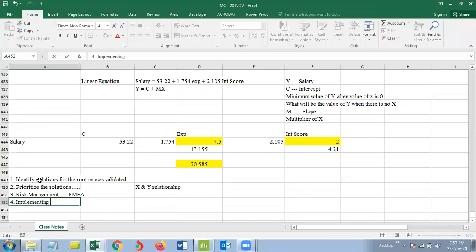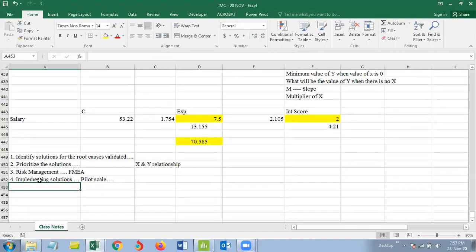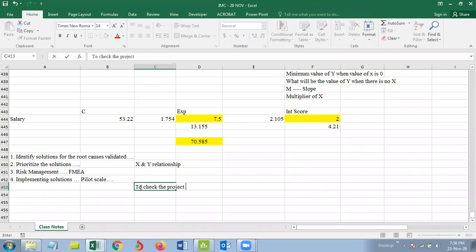Now you are ready to implement solutions, but you always implement on a pilot scale. You don't go full throttle, changing everything. You want to test and try, because I don't know, what if whatever we're trying backfires? What if it turns out absolutely wrong? I don't know. So we need to implement on a pilot scale, a small scale. When you implement a solution, some sort of strategy, you want to see whether it's improving, whether it's getting better or not. So to check project progress,